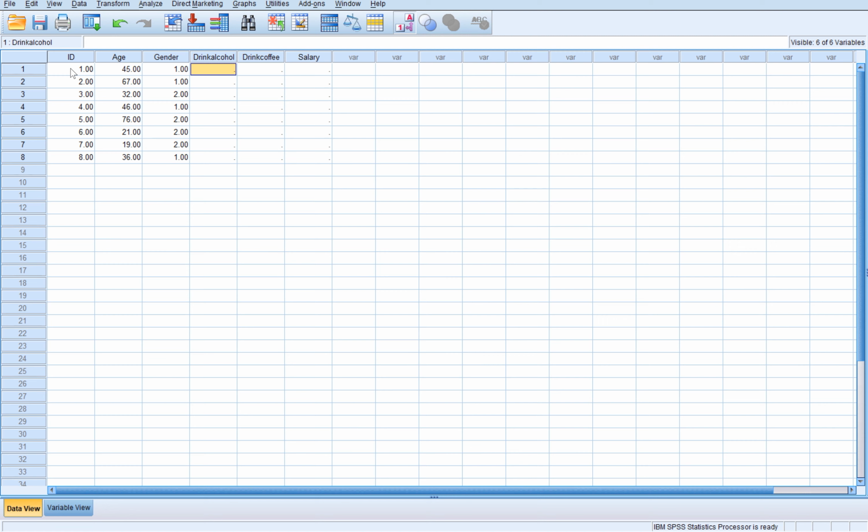And drinking alcohol. So if somebody drinks, remember on that Likert scale, if they drink it all the time, they're going to be a 5. So this first guy is going to be a heavy drinker. The next one never drinks. Sometimes. We're just going to change those and make a bit of a variety here. And for drinking coffee, in our data set, individuals are heavy coffee drinkers for the most part, apart from this guy at the bottom. And then salary, so